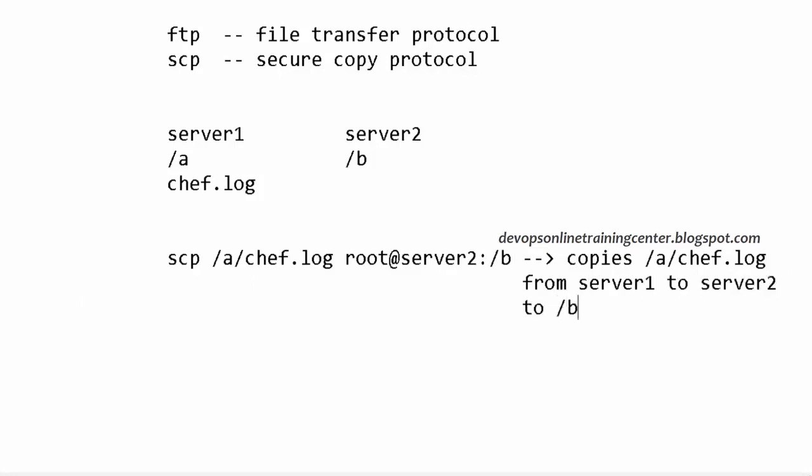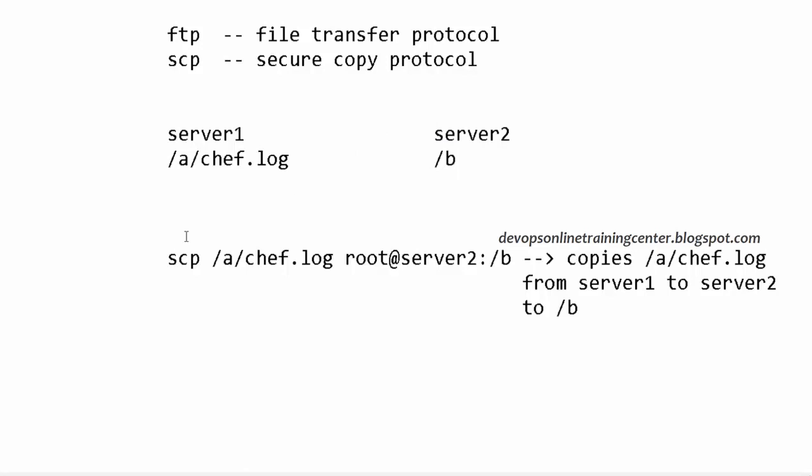To /b, right? From which path? From /a. So there are two servers, server 1 and server 2, and there are two directories, /a and /b, and chef.log is available in /a on server 1. Now I want to transfer this to server 2, to /b.